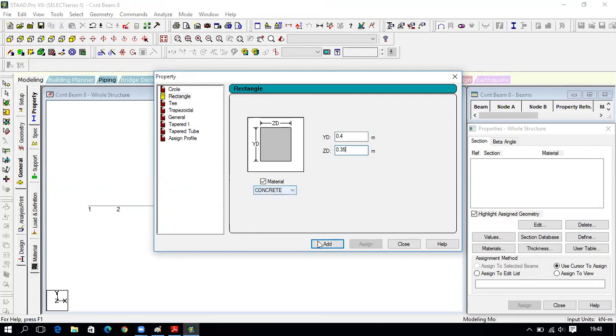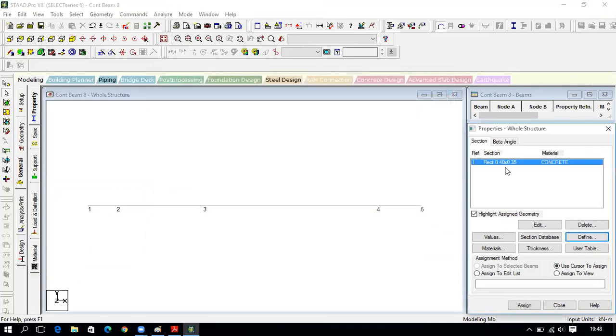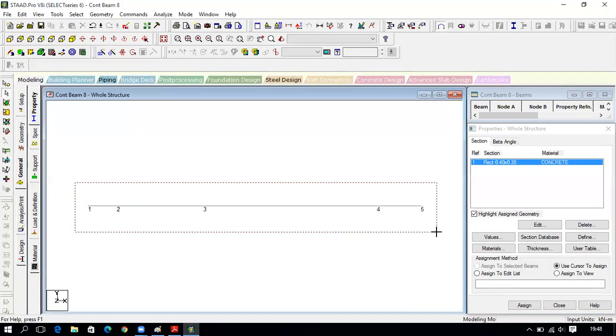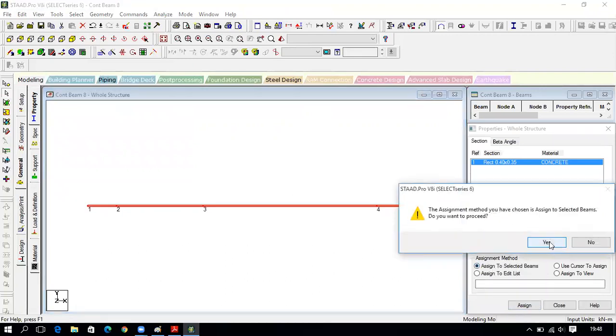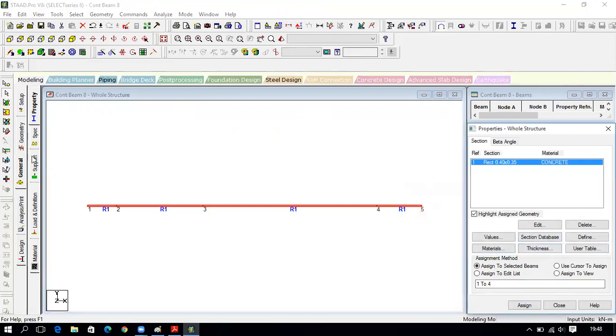Click concrete, next click on add, close. So it is uniform for all the beams. So use this beam cursor and select all the beams like this. Next, assign to the selected beam. Click on assign. Yes.